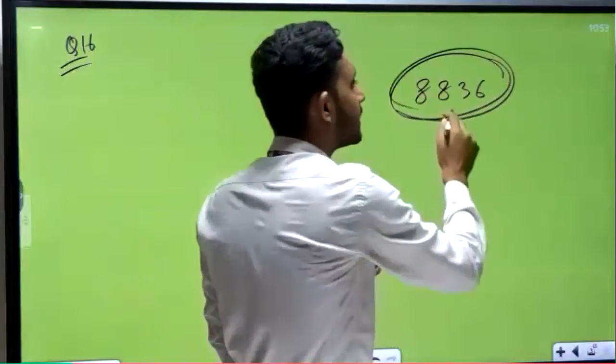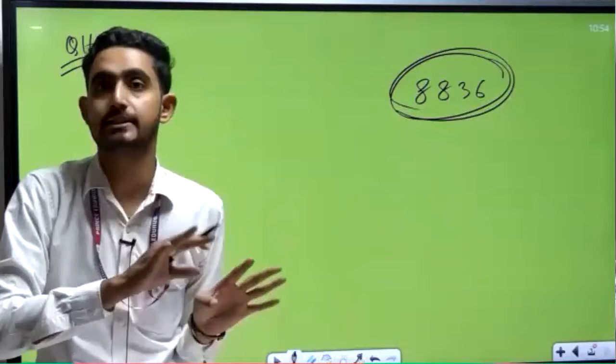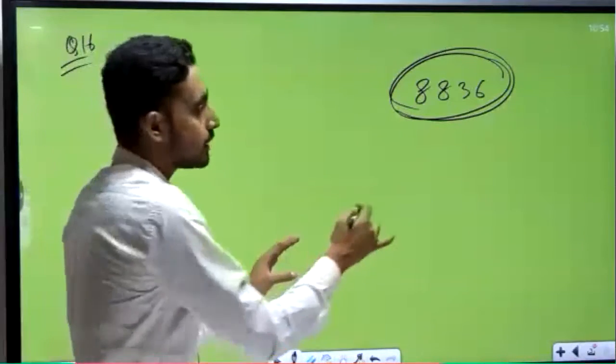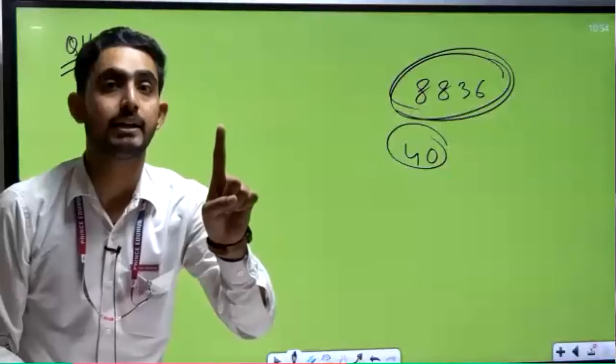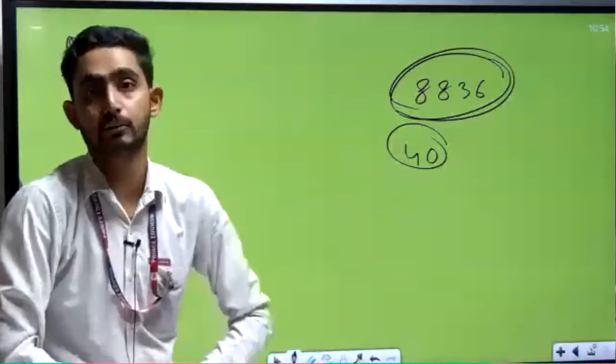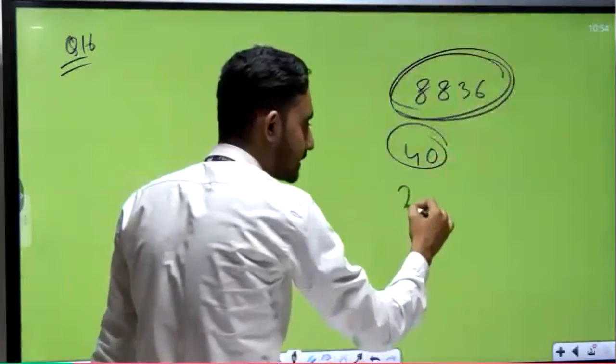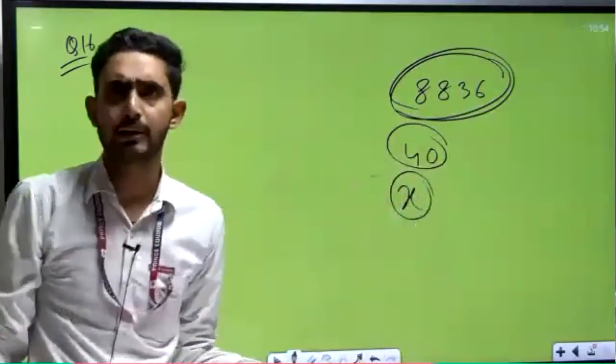Okay, so the total rupees given is 8,836 rupees in a society, and each member contributes as many rupees as the number of members in that society. Suppose in that society 40 members are there. So each member contributes 40 rupees. According to the number of members, they contribute that many rupees. So if I consider that in that society X members are there, because we don't know how many members there are,